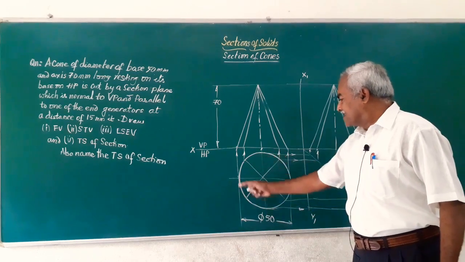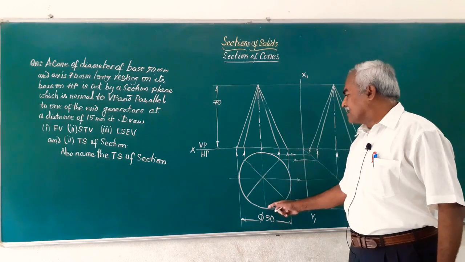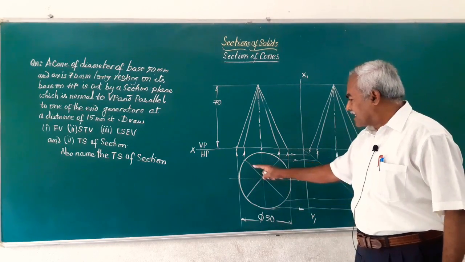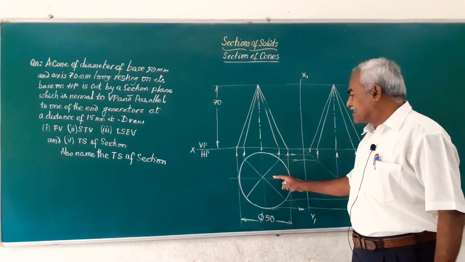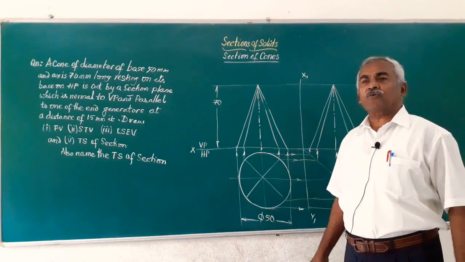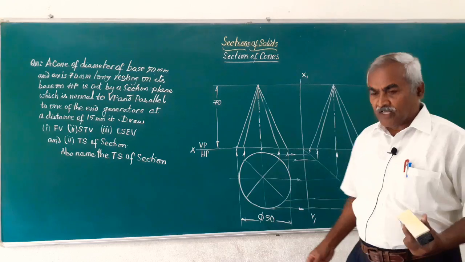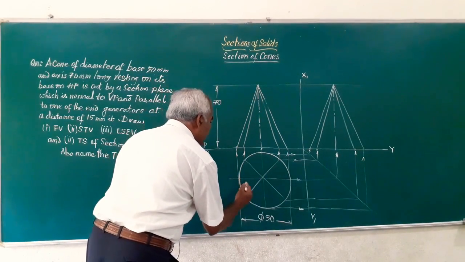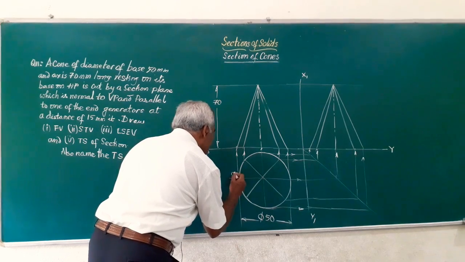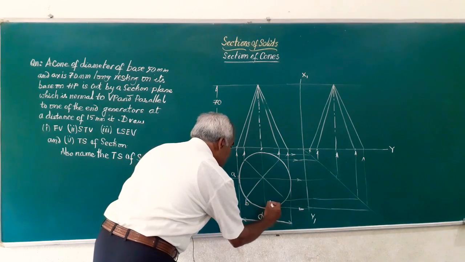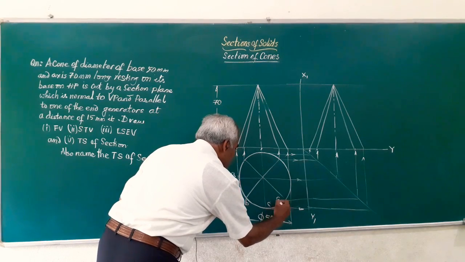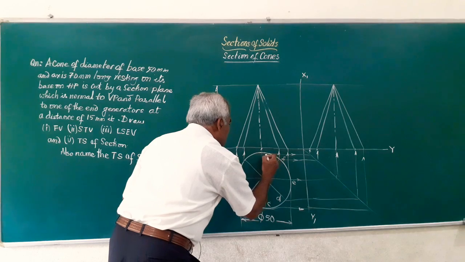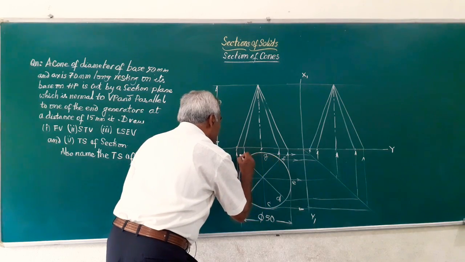That is, I have drawn the circle, then draw a vertical line and a horizontal line. The circle gets divided into 4 equal parts. Again, draw another line at an angle of 45 degrees here, and you will get the circle divided into 8 equal parts. Friends, let me mark the points of division on the circle as A, B, C, D, etc. So, this is A, B, C, D, E, F, this is G, and this is H.